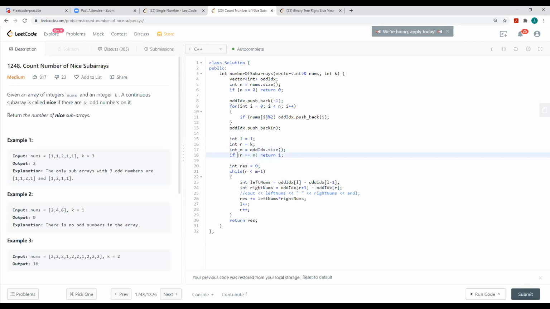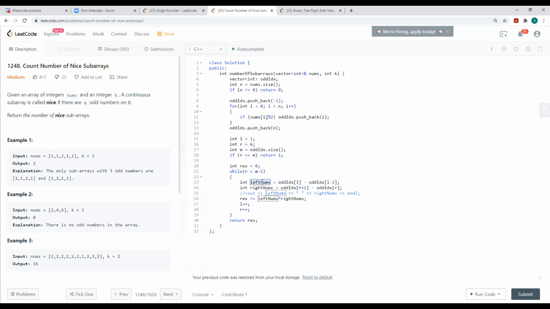Now this M is just the size of the current odd index array. And if my right pointer is equal to the end of my IDX, it means that I can't find anything more, so just return the result. In this case, I'm moving my right pointer, which is at the extreme K, and just keep looking for M - 1, just before the end of this size, because the last end value is N. So I just want one value before that, and the reason is because I want to do some addition, like R + 1. Therefore I'm taking one value lesser when I'm comparing it here.